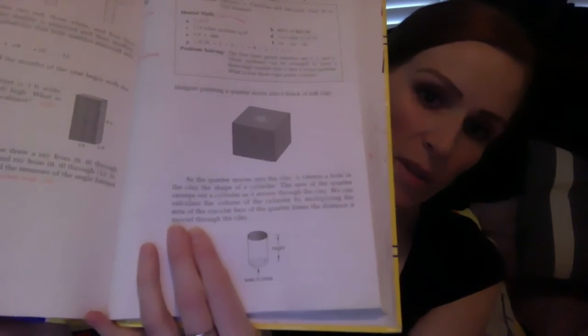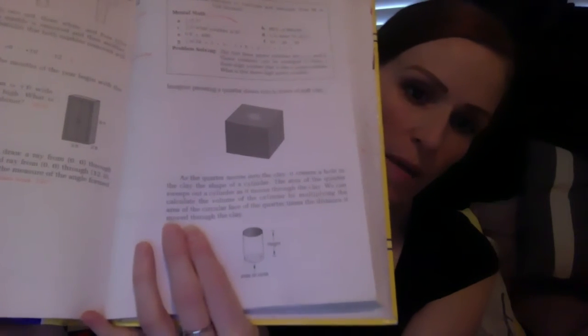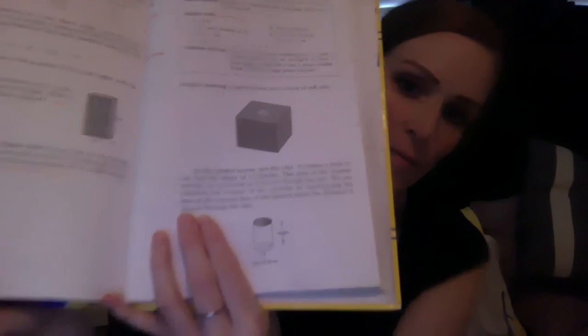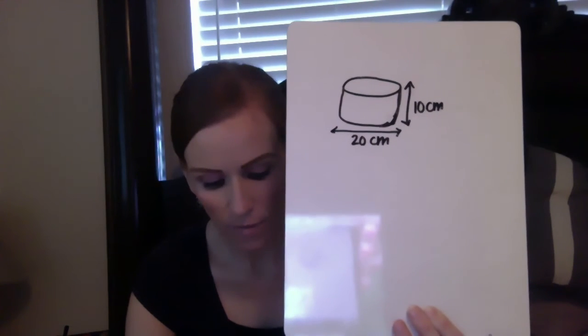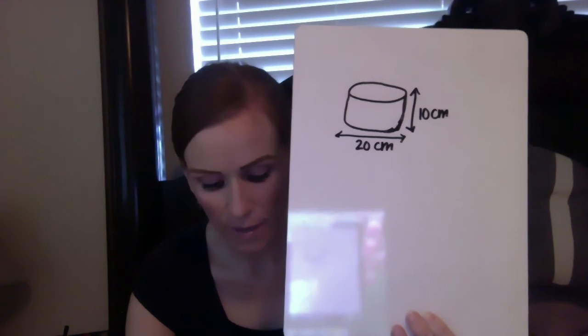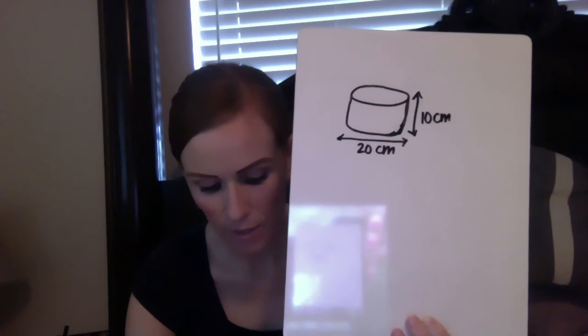So on the top you see the cube with the quarter being pressed through, and then it's formed the cylinder. The diameter of this cylinder is 20 centimeters. Its height is 10 centimeters. What is the volume? To calculate the volume of the cylinder, we find the area of a circular end of